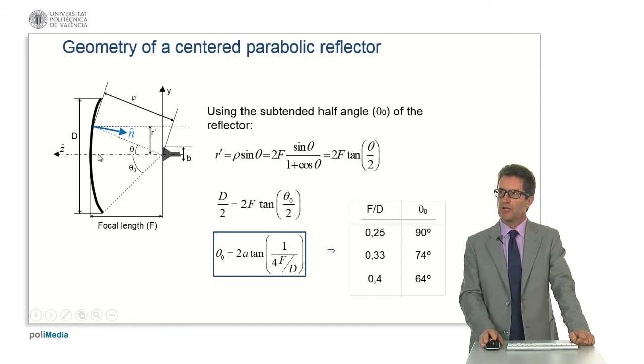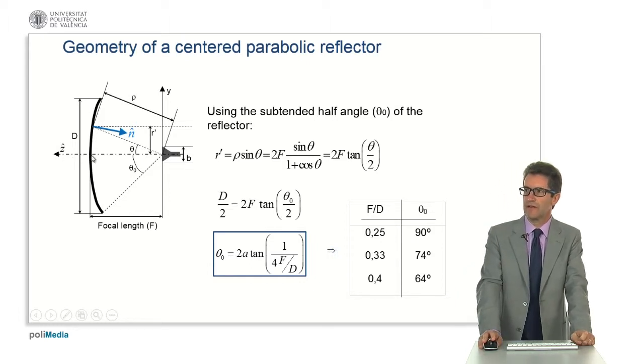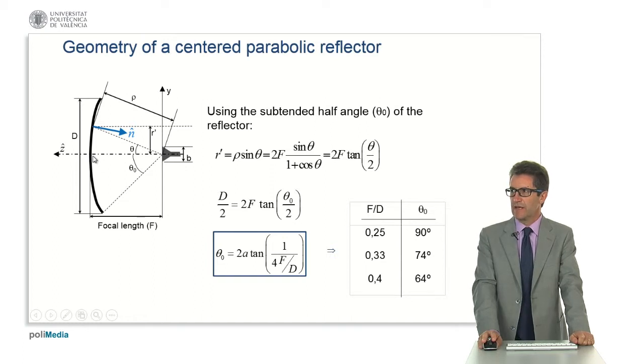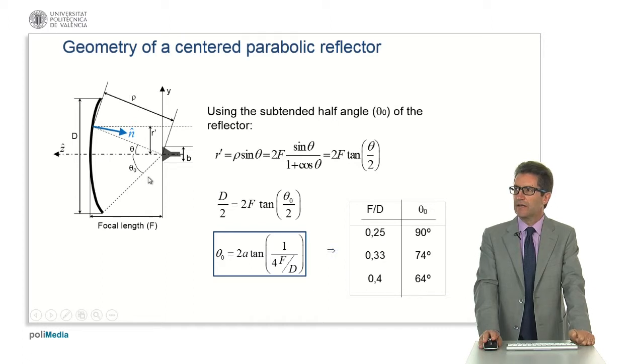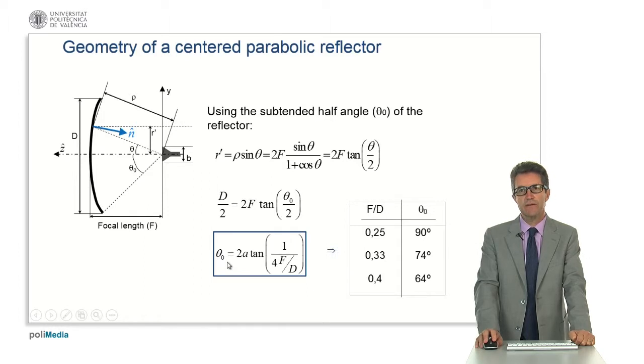Typically, the geometrical parameters that define the parabolic reflector are the diameter D and the focal length f, that is, the distance from the focal point to the reflector along the axis direction. But there are other alternatives to define it, and one of them is the so-called half angle theta sub O. And from the equations of the parabolic reflector, it turns out very fast that there is a relation between this